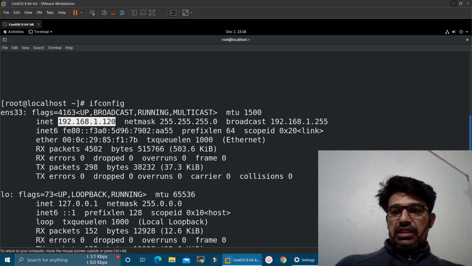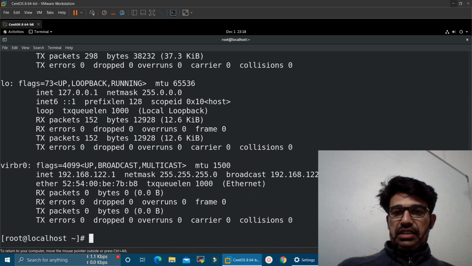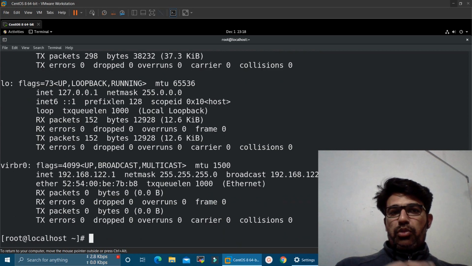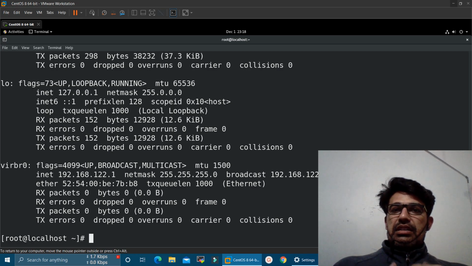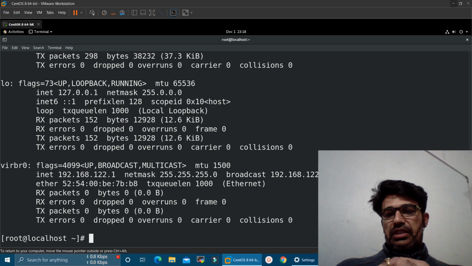So these were the methods that we can use to set the static IP address in our machine that is running on Linux. These 4 methods are very important. You can choose the desired method that is suitable for you to set the static IP address in your machine. And with the help of these methods, you can set the IPv6 as well. You can even modify the other details like the DNS. You can change the adapter name. You can change the device name as well. So all these things you can do with the help of these 4 methods.